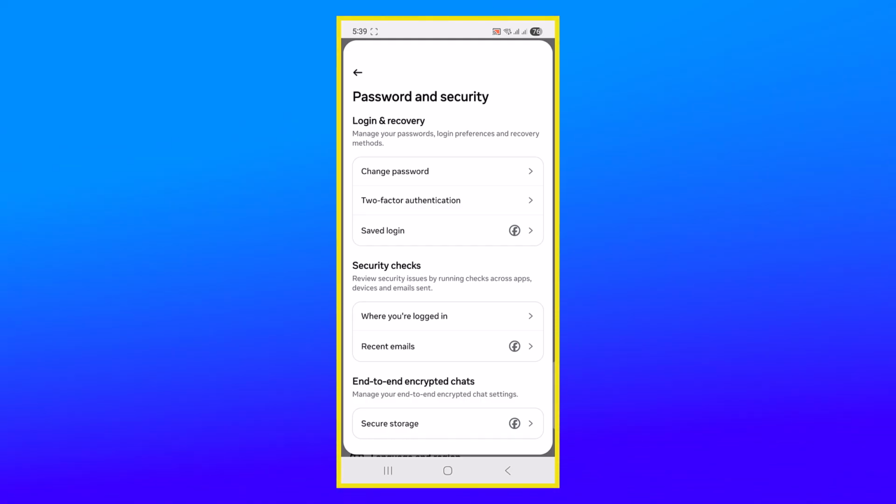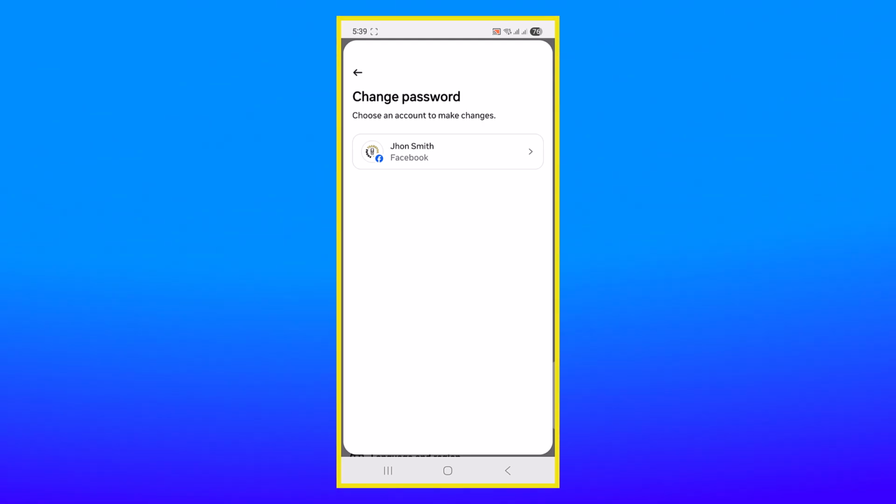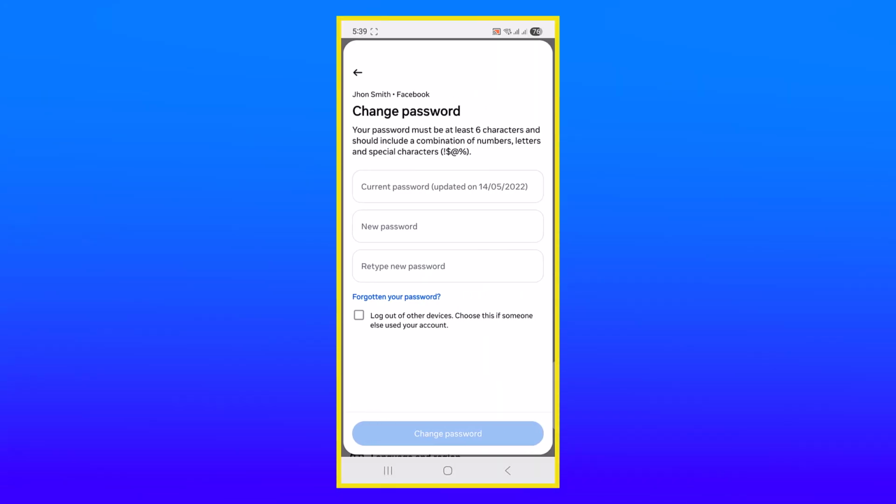Next, tap on Change Password under the Login and Recovery section, and then select the specific Facebook profile you want to update to proceed to the next critical phase. We are now at the most important part of the recovery process, but before we move further, I have a